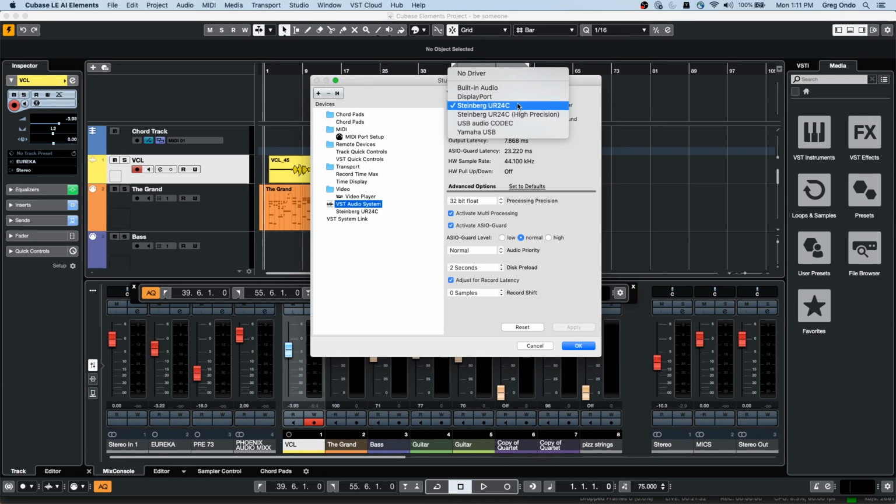So you want to select the interface. I'm using a Steinberg UR24C. You could use the built-in audio on a Windows platform. You may see generic low latency ASIO driver. And if you're running it on a laptop, you could have that selected, and other interfaces that you have on